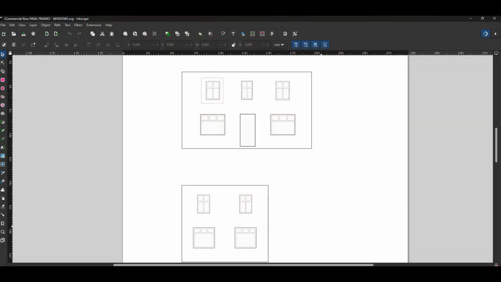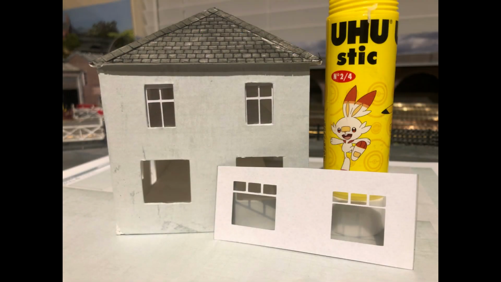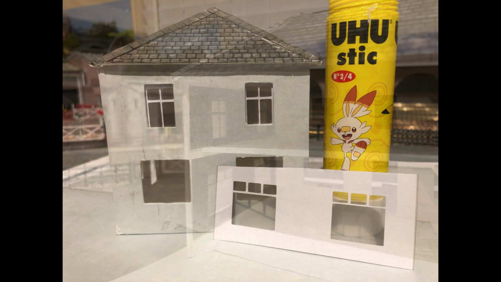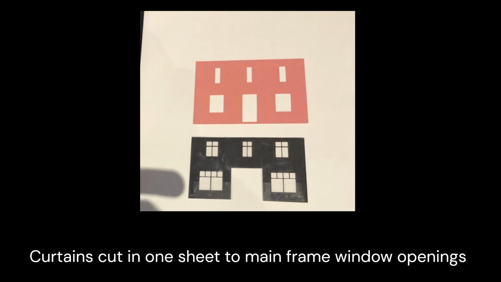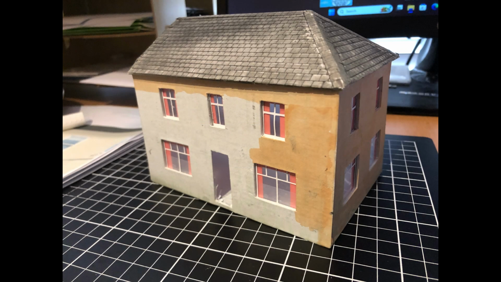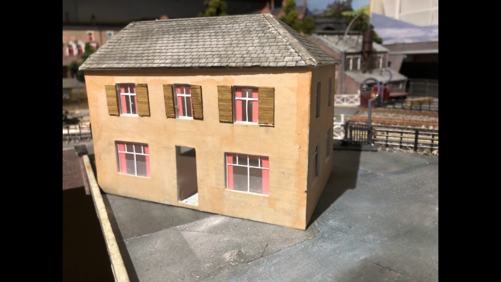Using Inkscape, I then drew the window frames, and some of the bars in these window frames are 0.5 of a millimetre. All of the window frames were cut using the sticky label method, which made it easy to stick them onto acetate. I've also shown here that I did a cutout from the original drawing to make the curtains all in one piece. After covering the building originally in stucco finish, I then coloured to match a photograph that